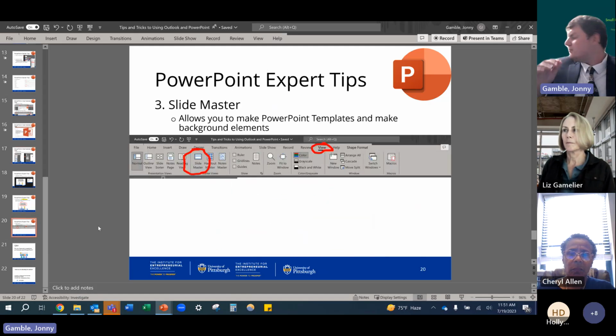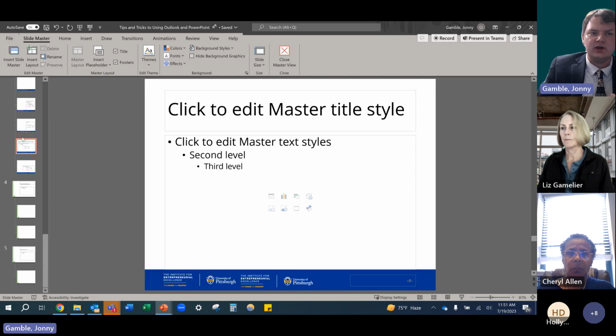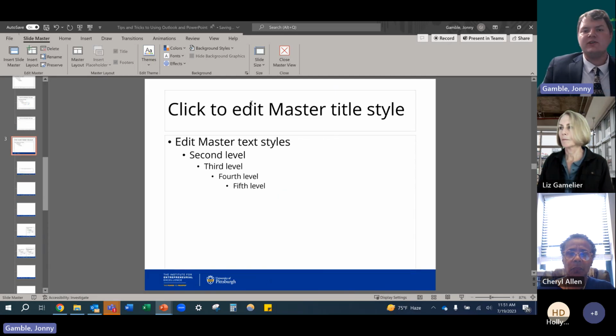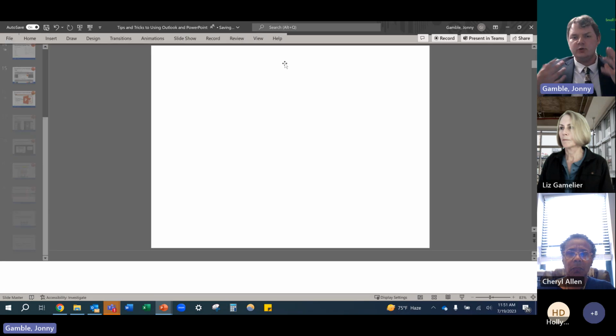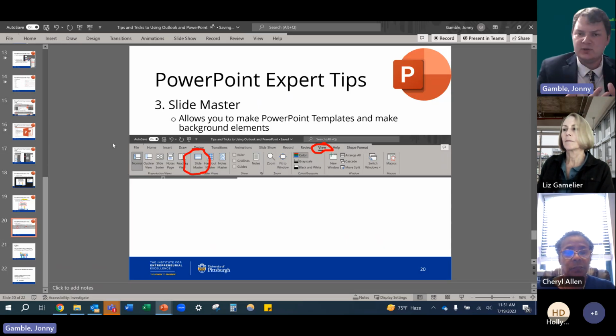So when you edit the slide master, you can make a lot of different changes to your overall document. If you set up a really good master right at the beginning when you're working on the PowerPoint, then you can make sure that you have consistent formatting, really good templates throughout the entire document. So that slide master, if you're someone who wants to set up a really nice looking PowerPoint and use it from there on, setting up a really good slide master is definitely my top expert tip moving forward there.